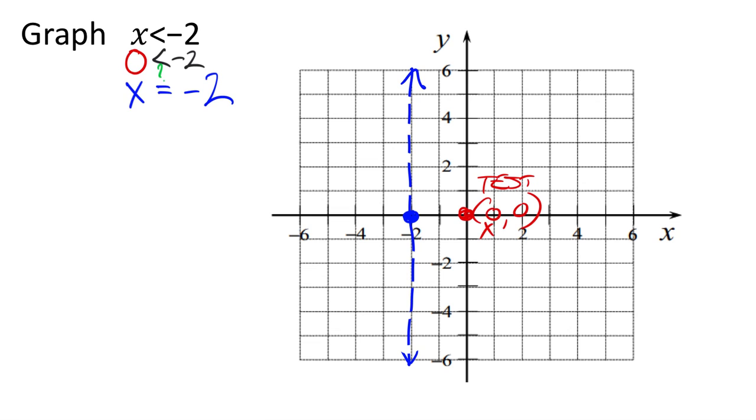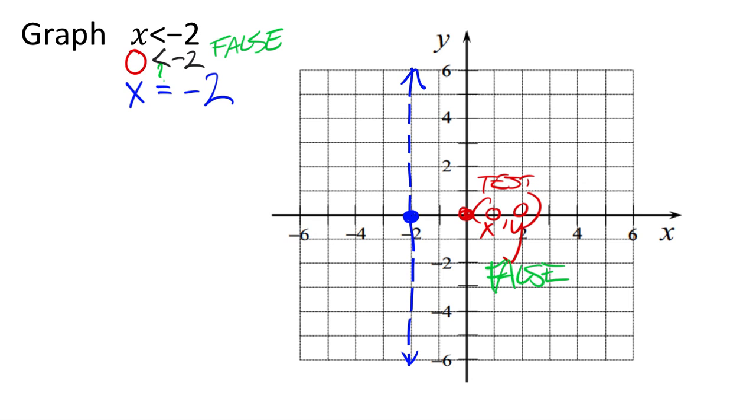Now notice, we had a y value on this one that is also 0, but there's no y to replace in this inequality, so I can't replace a y into that inequality, but I can check. And right here, 0 is less than -2. Well, that one right there is false. And since it is false, that means we need to shade the other side of the line, which is,